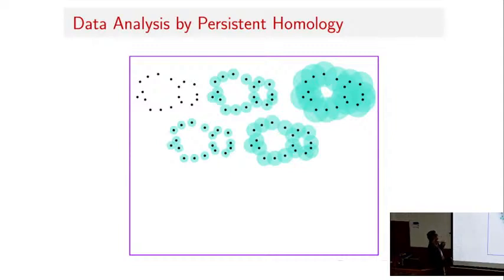So probably this is not a cycle yet because there is a gap here. But here now two cycles have been created. Then as you grow the ball, this cycle disappears. So that means H1, the one-dimensional homology, is also changing. New things are getting created, like one-cycles, and some of the cycles are dying because they got filled up.